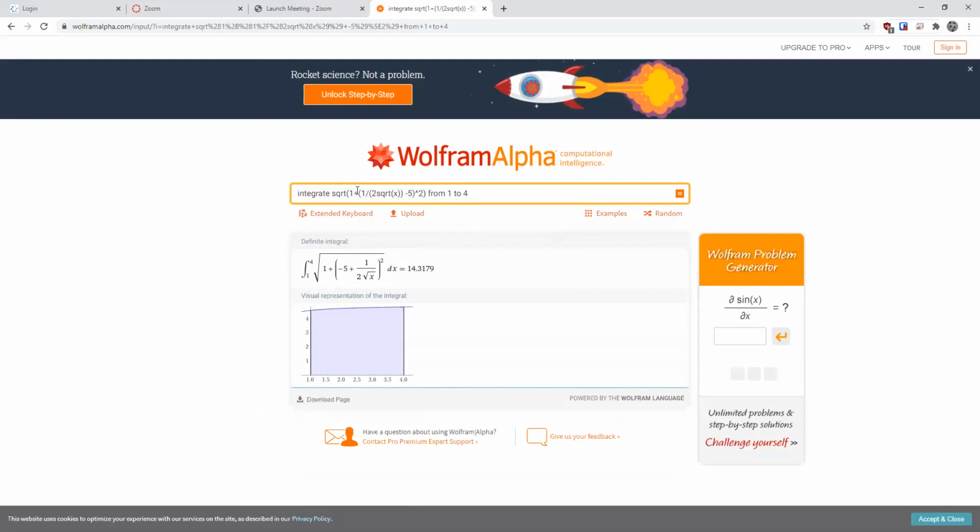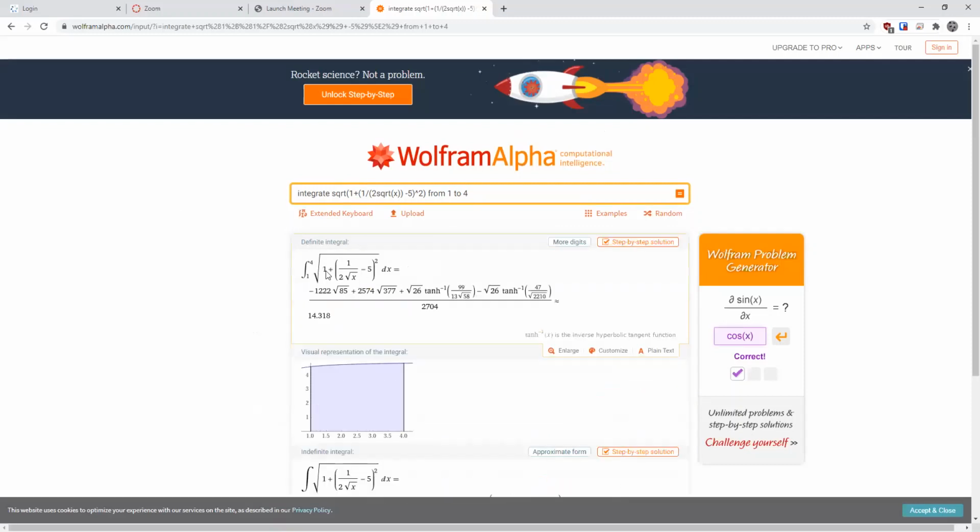And it takes a little while, but it kicks out the answer, and then it shows what that is. Oh, look, it actually integrated it. Oh, interesting. Oh, it's the inverse hyperbolic tangent, which we've never done before. Oh, it's actually able to find the integral. Wow. A lot of times it just can't find the integral. Okay, but anyways, the approximation is 14.31